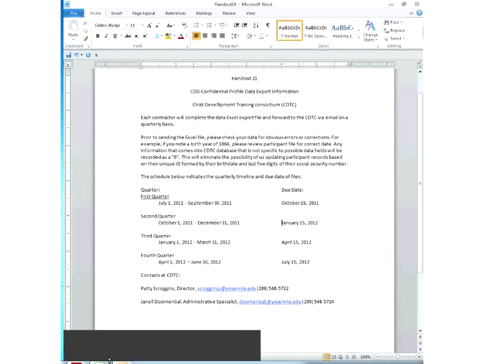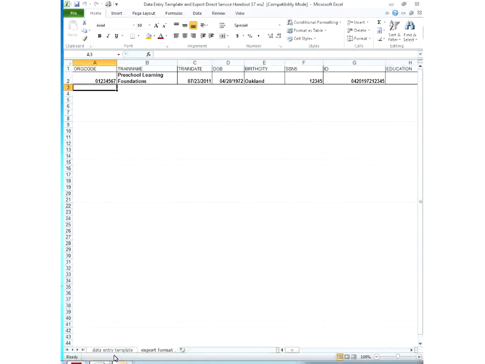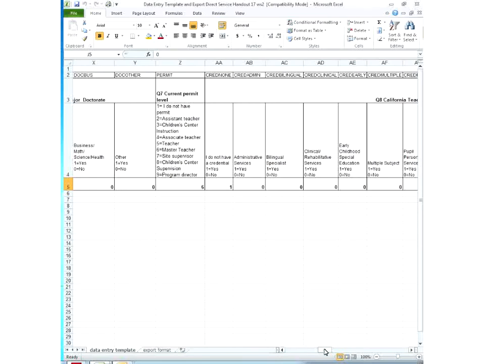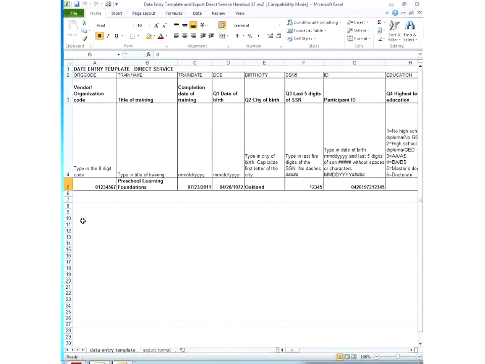So again, I'm going to just go ahead and pull up the data entry template again, and just have us look at that together. And again, I know this seems overwhelming, but once we get a system in place, I think it will just get routine. And if you can even set up a database that you could start with having your participant ID for everyone, and you could pull that information up